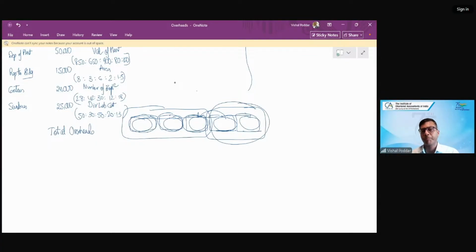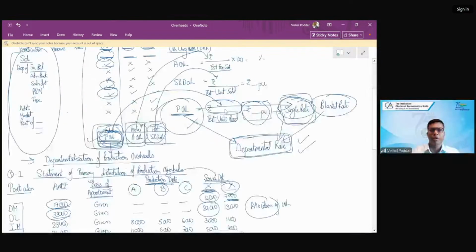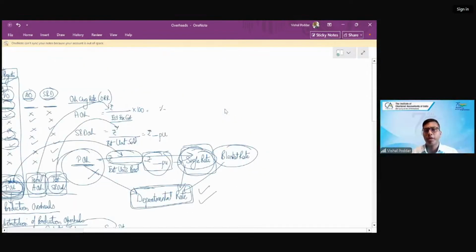production departments. What do I mean by reapportion? Reapportion means I've already done apportionment once of all expenses between all departments. Now, whatever is the expense or overheads of service departments, I will now allocate it to production. Hence, it is called reapportionment, and this is what is secondary distribution. Now comes some important conceptual part.